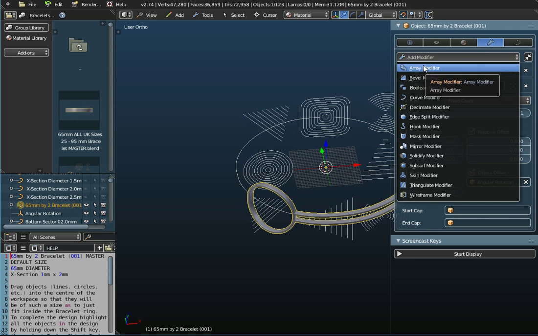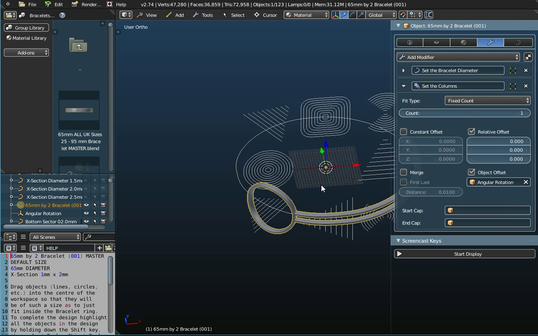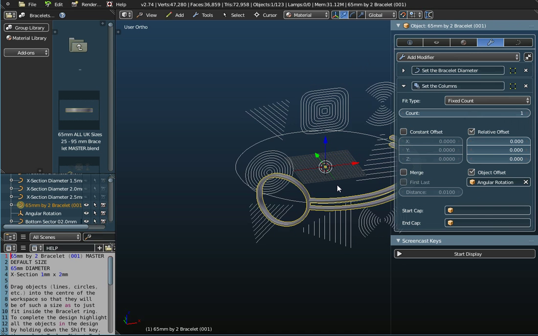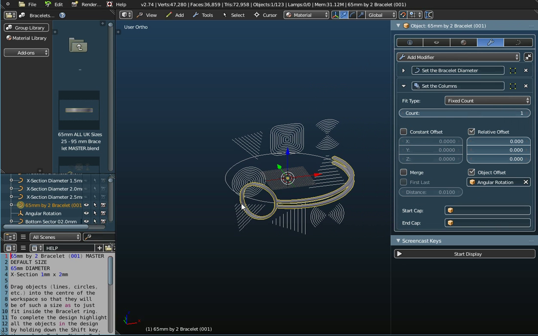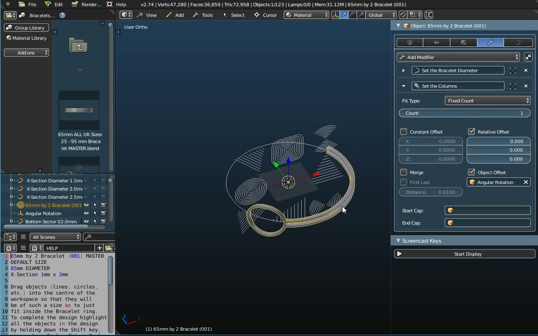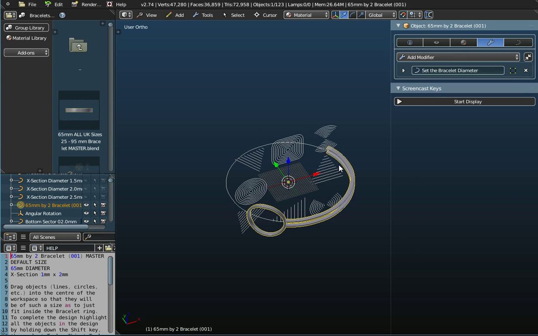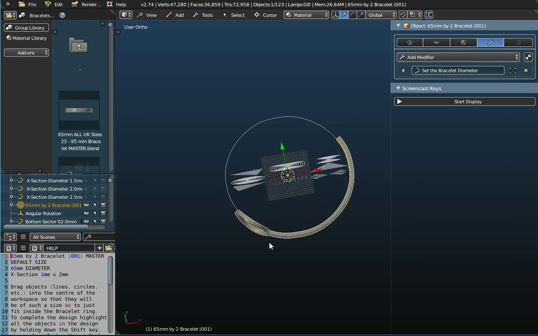So it's an array modifier that's been created for you here. And the one with 4 copies of this disk has got a count of 4. So you can just set the count back to 1, or you can actually completely delete the array here. That will take it completely out of